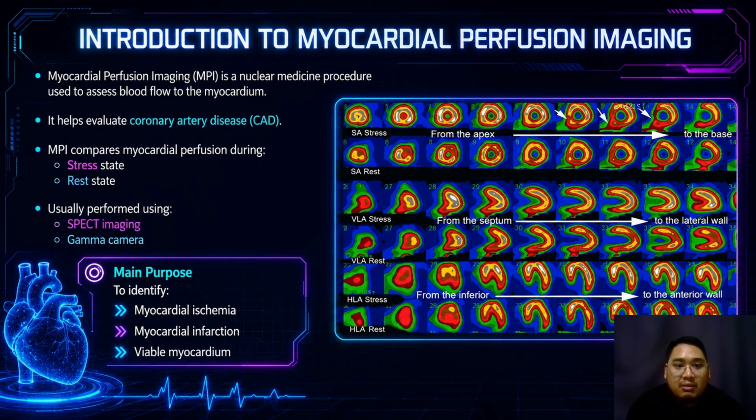Myocardial perfusion imaging is a nuclear medicine procedure used to assess blood flow to the heart muscles. It is commonly used to evaluate coronary artery disease. The procedure compares myocardial perfusion during stress and rest conditions. MPI is usually performed using SPECT imaging with a gamma camera and helps identify myocardial ischemia, myocardial infarction, and viable